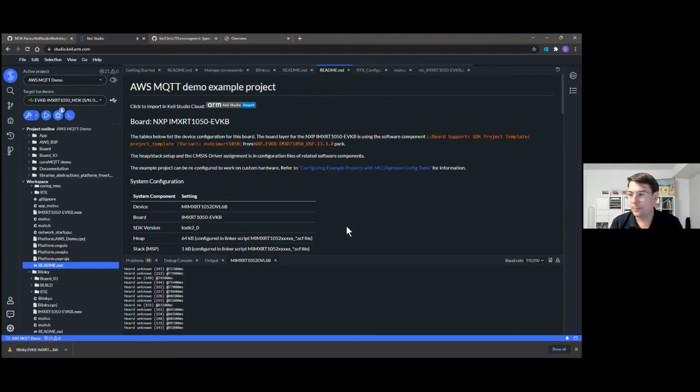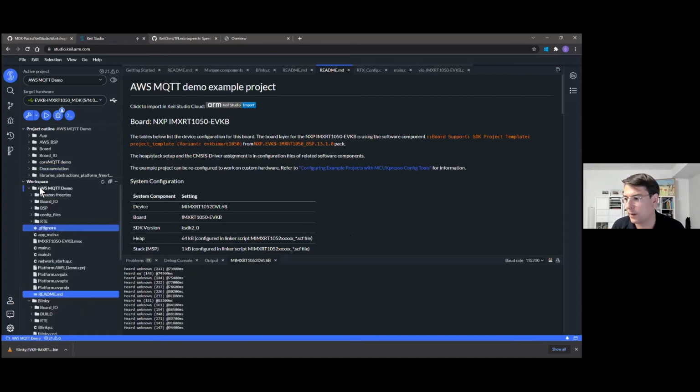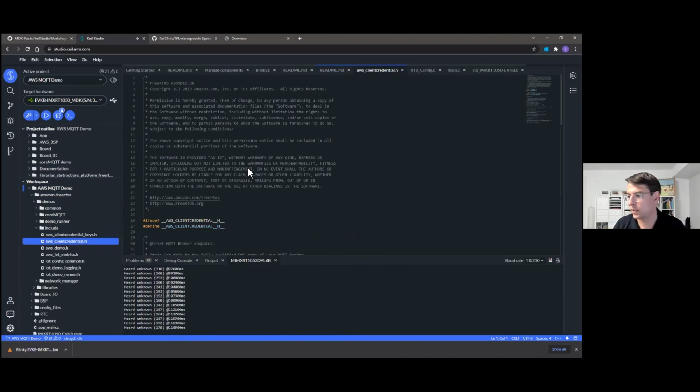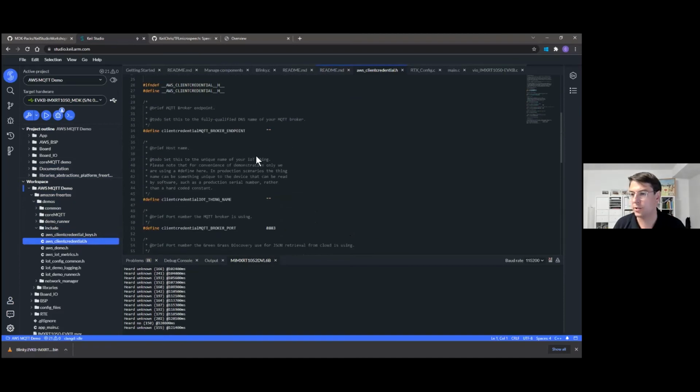And yes, I need to work on a couple of files. So I now take the workspace view here to find them. I know that they are under Amazon FreeRTOS, under demos and include. And what I actually need to change is the AWS client credential keys header file and the AWS client credential header file. I will start with the second one, the latter one, where we basically just have to add two